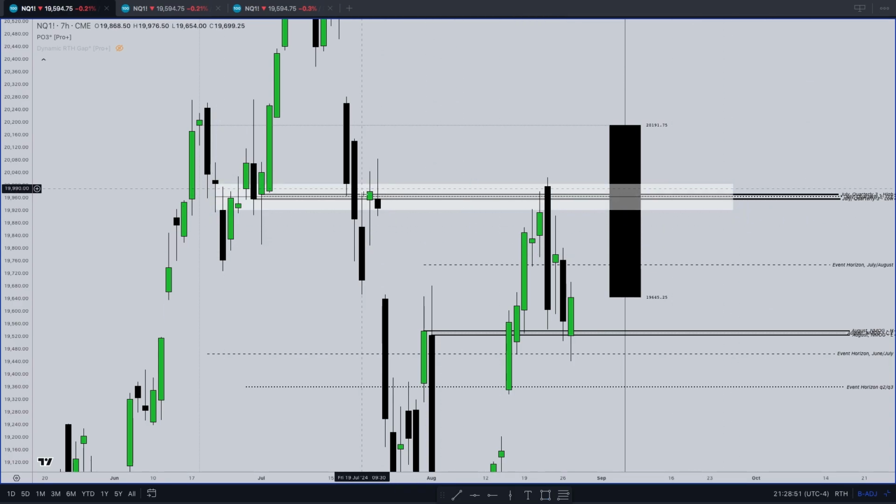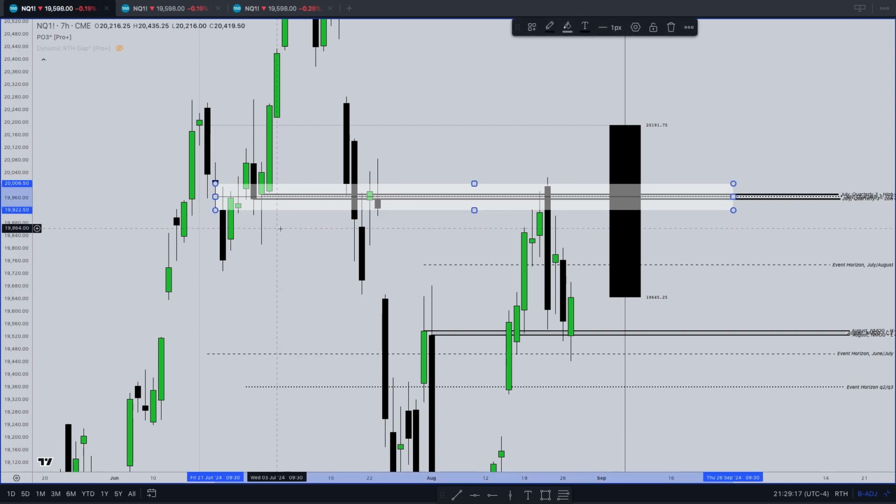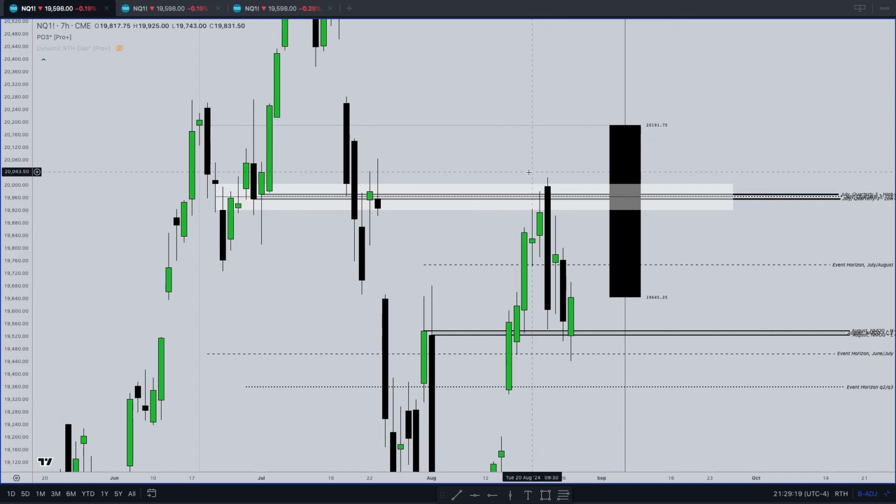When we have this scenario, where we have this major opening gap and another new week opening gap that is overlapping outside of this, ideally you want to have the one that is outside of the smaller one. Okay, so I will put this as a new week opening gap,